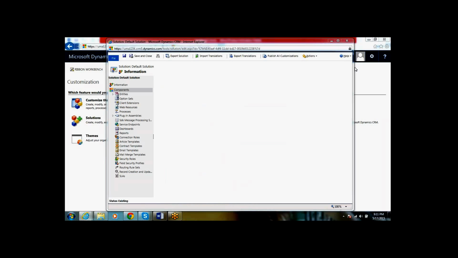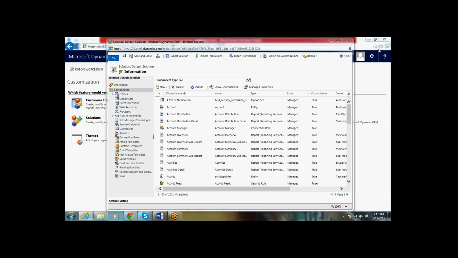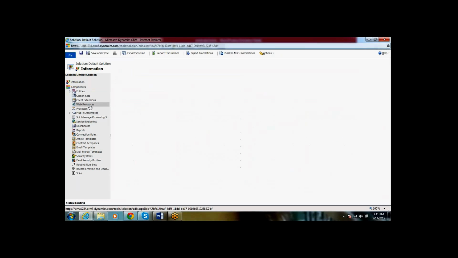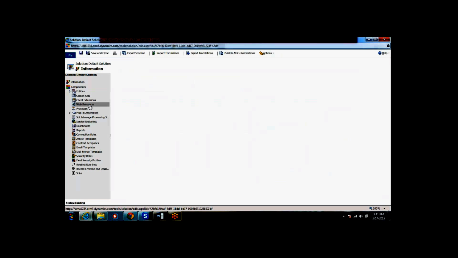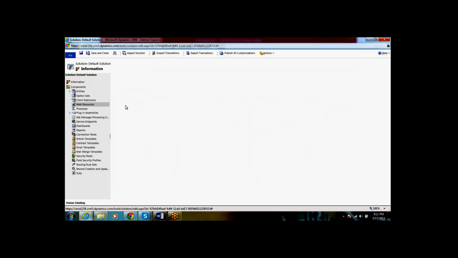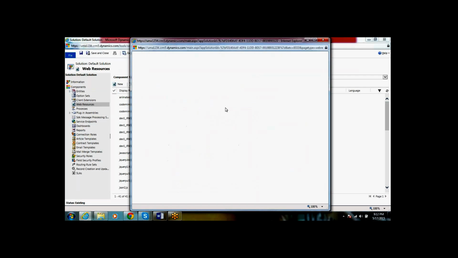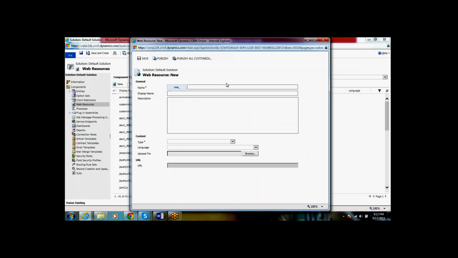So the next concept is attaching the JavaScript method to a form event. For that, first we need to create a web resource with the type of a JavaScript file. So click on web resources and click on New.